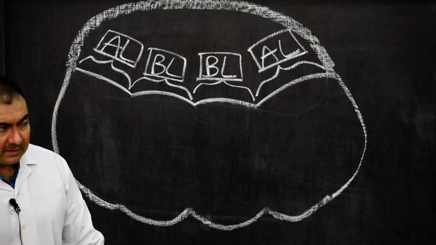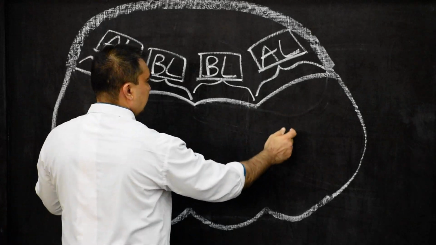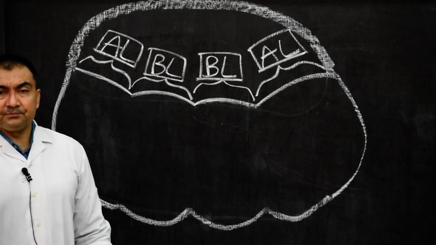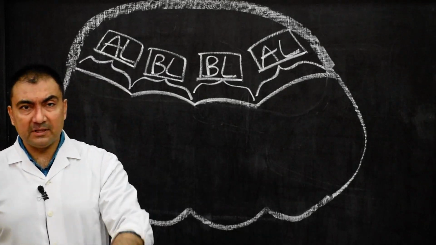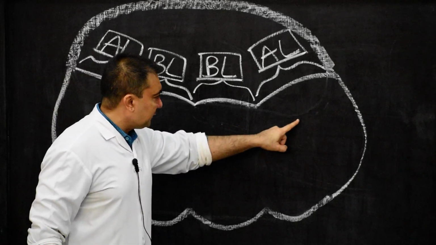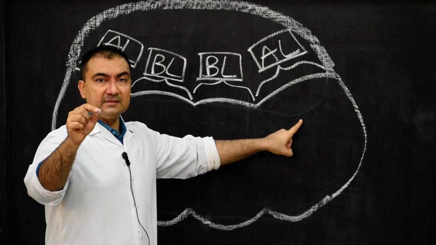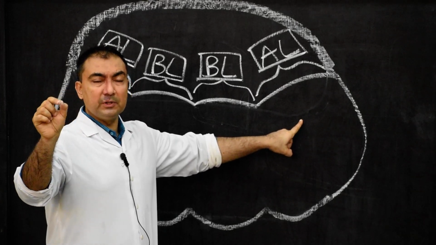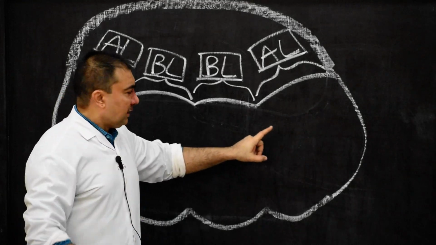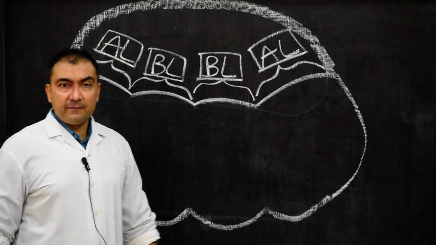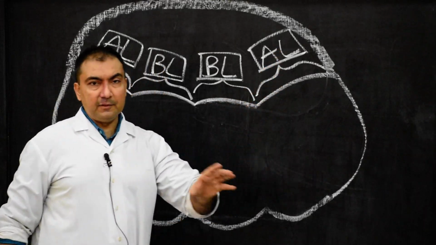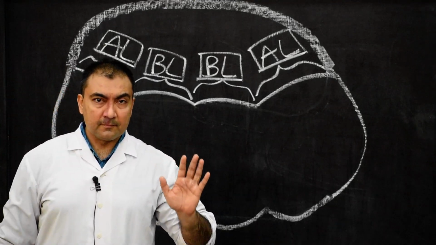Now second important point: since alar lamina have settled lateral to basal lamina, these 2 basal lamina, these 2 alar lamina, all the neurons that develop from basal lamina will develop into motor neurons, and all the neurons that develop from alar lamina will develop into sensory neurons. Please note down the most important point for the development of metencephalon and myelencephalon. Once again I repeat, all the neurons that develop in basal lamina will develop into motor neurons, and all the neurons that develop in alar lamina will develop into sensory neurons.